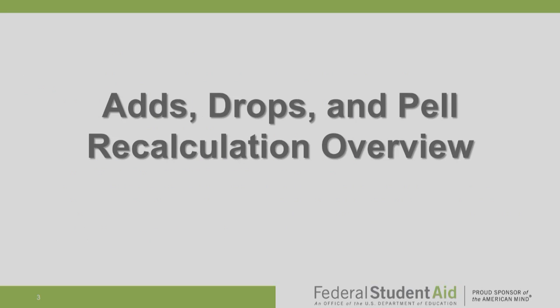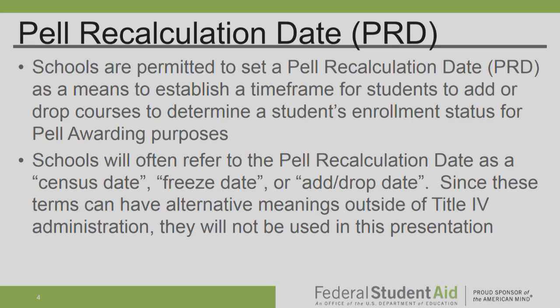First I want to talk about the adds, drops, and Pell recalculation overview. And I want you to notice, a lot of you probably read the description and said, oh goodness, they're going to talk about how I deal with census dates, right? And the thing about census dates, or you'll notice here I have census dates, freeze dates, some schools call it an add drop date. And I want you to notice that there's a very important reason